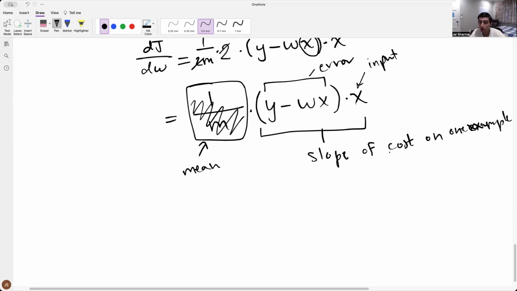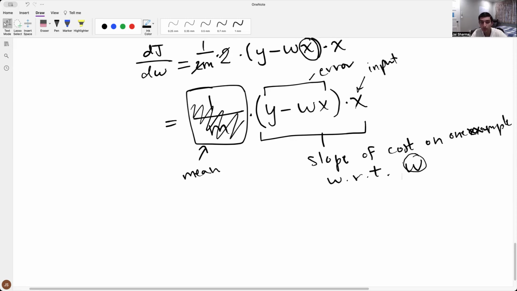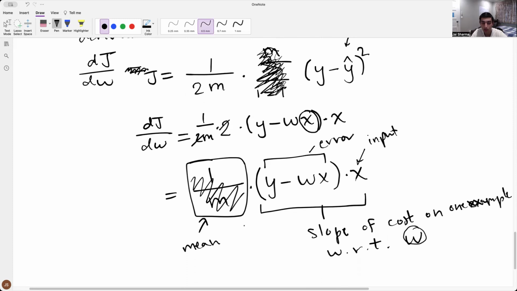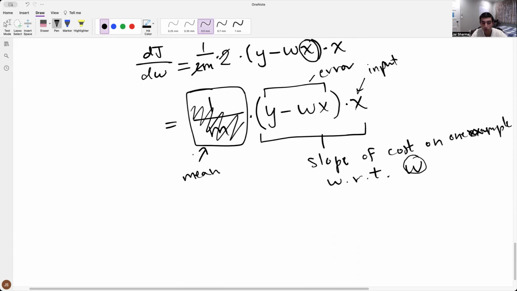And yeah, so this is the slope of the cost on one example with respect to W. And so this gives us the slope of the cost function on one example with respect to W. And if we had included the summation over here, you can do this on your own, but if you included the summation here and you included the 1 over m here, this would be the mean of the slopes across